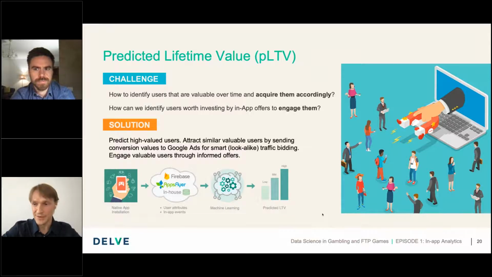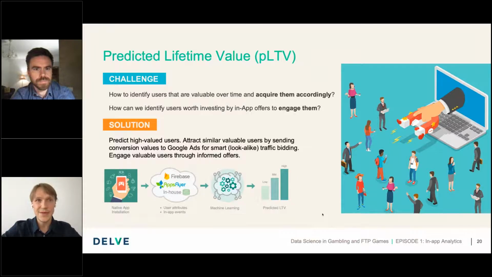And not just predict the lifetime value, it's important to also activate on this value to change the marketing strategy, the user acquisition strategy, accordingly, to bring more such high value users as timely as possible.